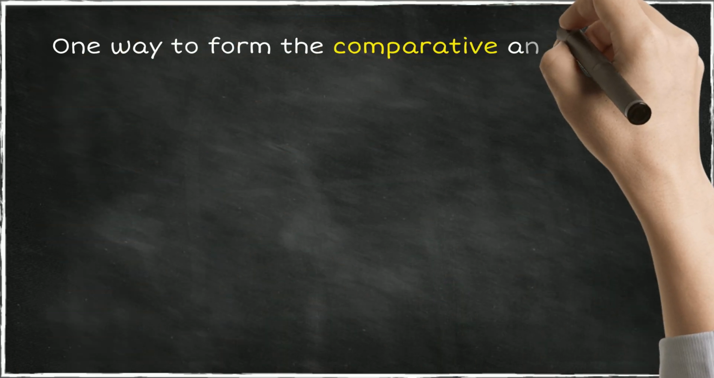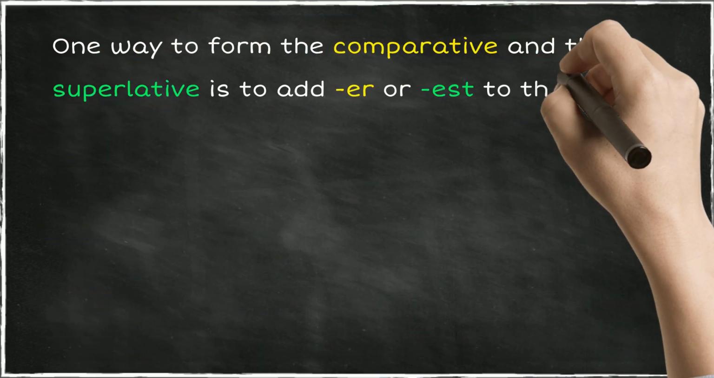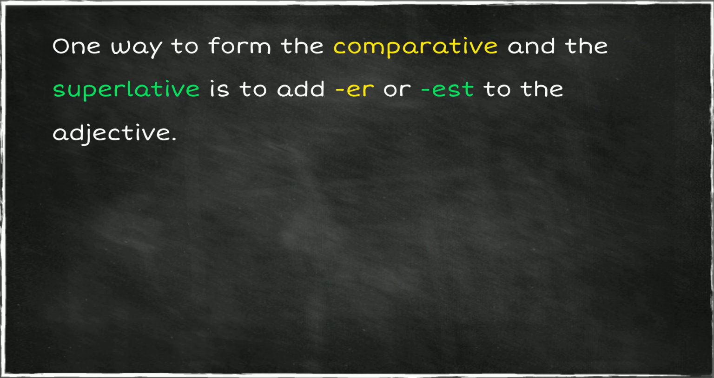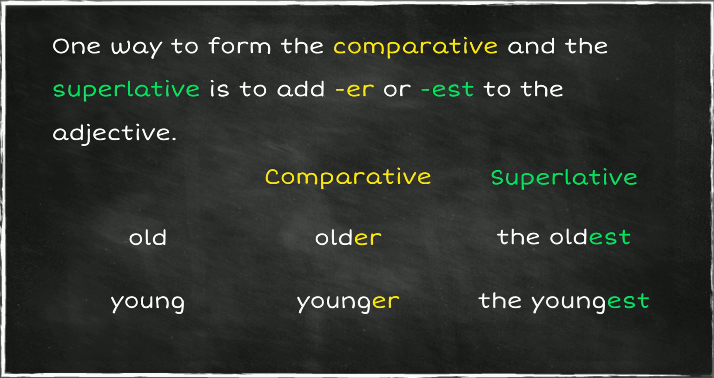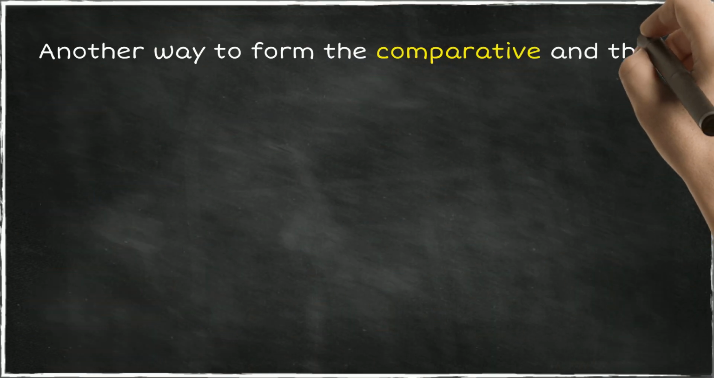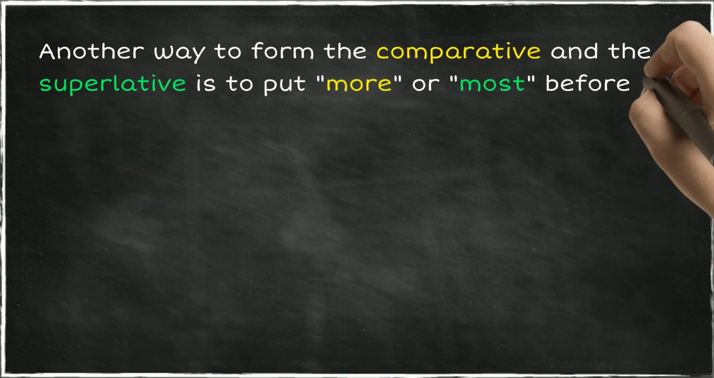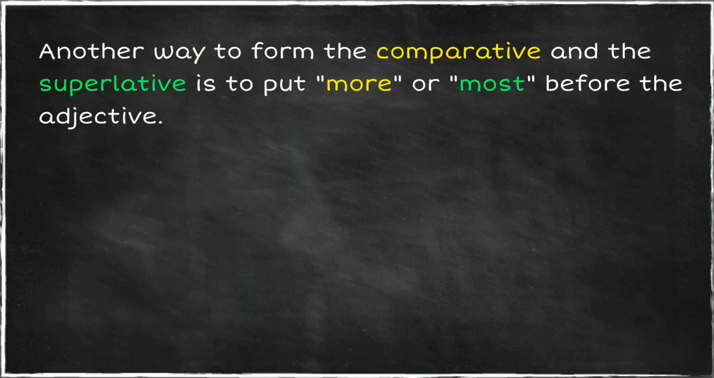One way to form the comparative and the superlative is to add er or est to the adjective. For example, old, older, the oldest. Young, younger, the youngest. Another way to form the comparative and the superlative is to put more or most before